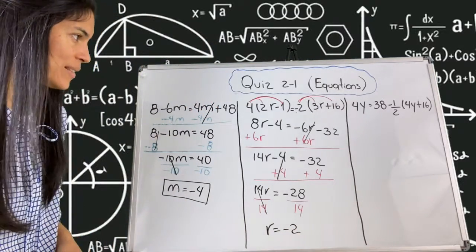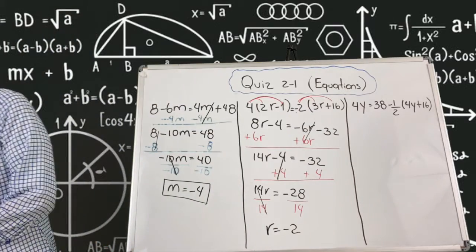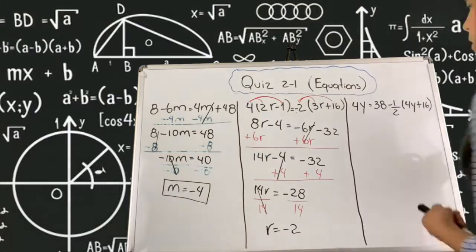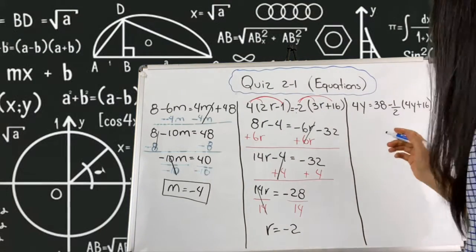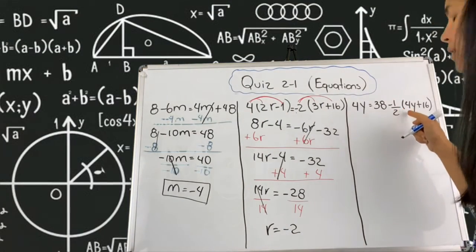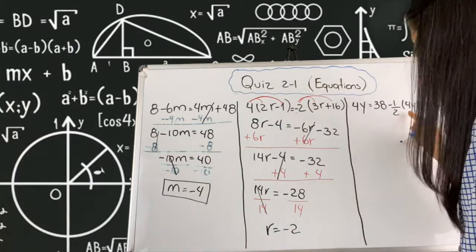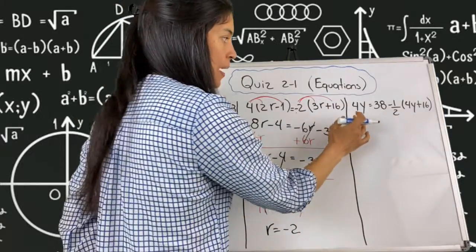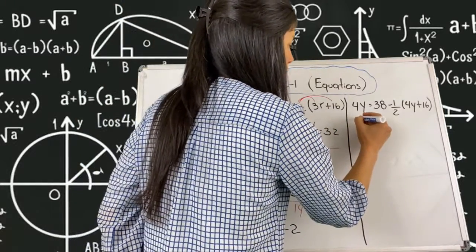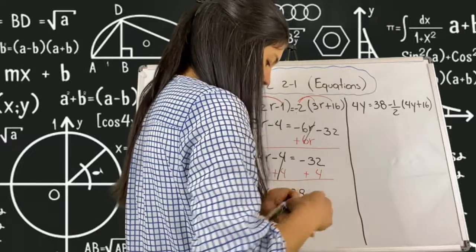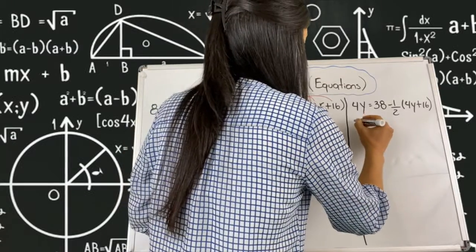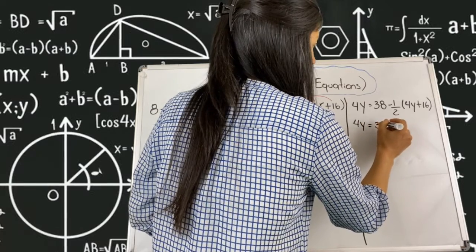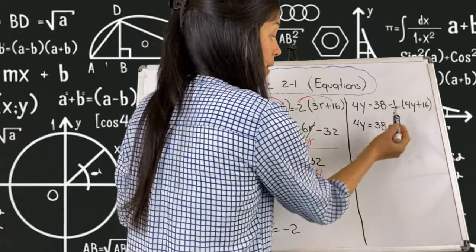And then the last one, the one with fractions. Let's do that one. Okay, so there is a distribution here. I'm going to work on the distribution first, and I'm going to copy the rest. So 4y remains the same. And this is equal to the 38. I'm not going to do anything yet. But now the negative